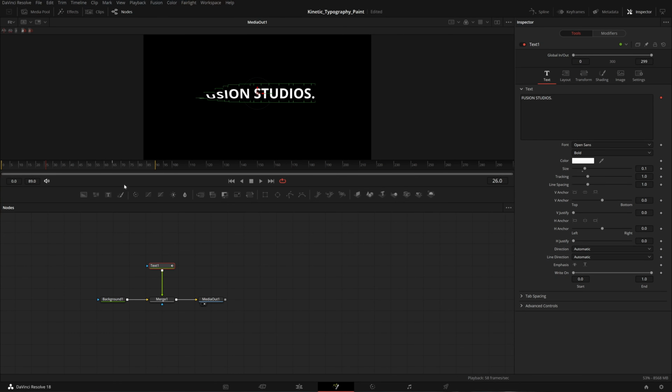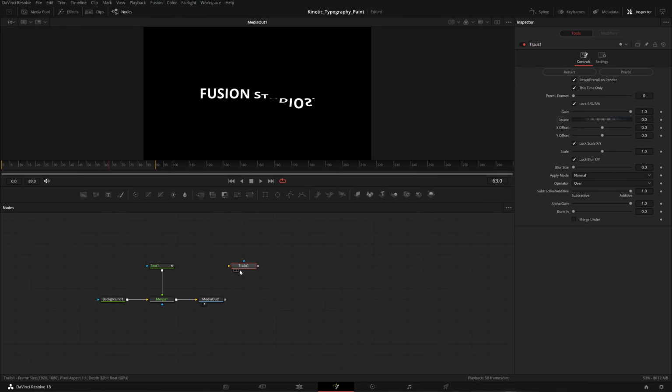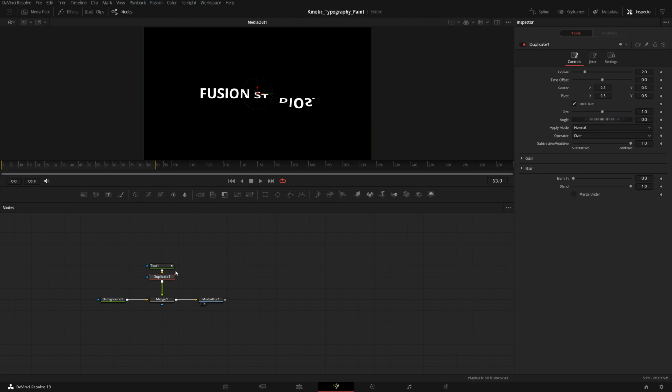And to add that motion trail effect, you can add a node. You can add any node to your node graph by hitting shift plus spacebar, and you can click trails over here. As you can see, this is the trails node, but I don't find it pretty good, so I'm not going to use that. Instead, I'll hit shift plus spacebar again and type duplicate, and here you will have your duplicate node, obviously. As you can see, you have all these settings that you can play with. I'll type here 25,